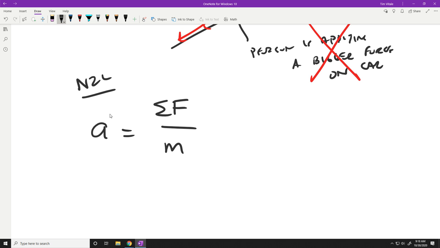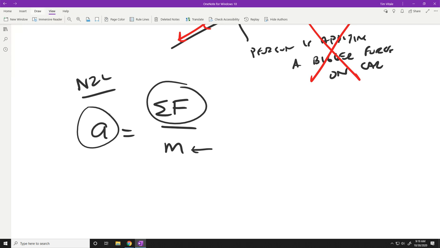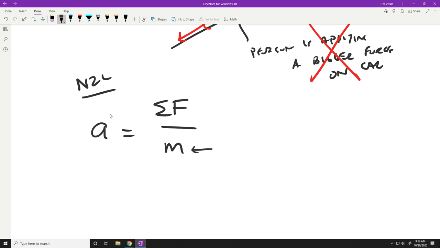And so if you have a certain mass, the bigger the force on it, the bigger the acceleration, right? Well, if the object has a bigger mass, if this goes up, then this is going to go down, right? So I think Nanda's saying if the mass is bigger, then the acceleration is going to get smaller, and